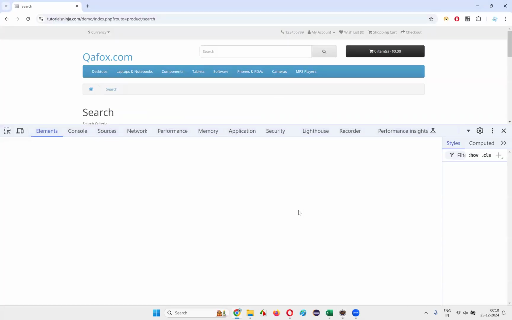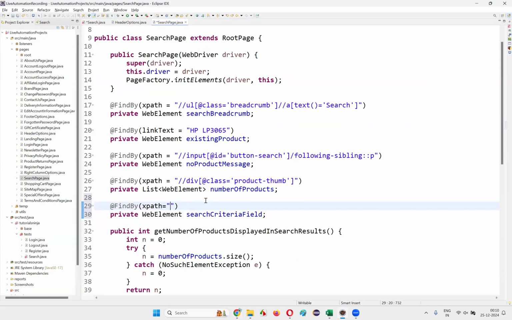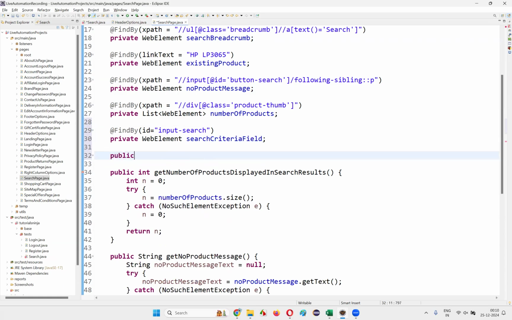Let's inspect this search box field here, and an ID is there, guys. Input search is the ID. I'll go with ID only. ID is equal to that ID locator of the search field. Now, in this search criteria field, I need to retrieve the placeholder text. So public void get